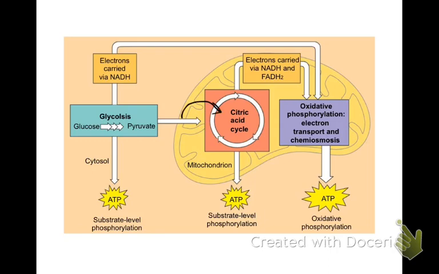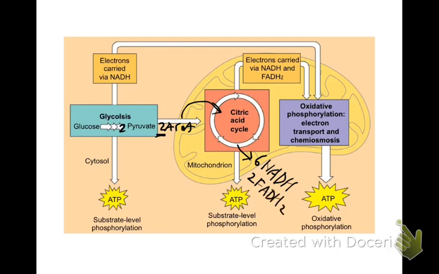In fact, because we get 2 pyruvates for every glucose, we have 2 acetyl-CoAs, and then each one gives us 3 NADHs, 1 FADH2, and 1 ATP, but if we double that, because we have 2 acetyl-CoAs, the important thing is, again, you just want to know that the citric acid cycle gives you 6 NADHs and